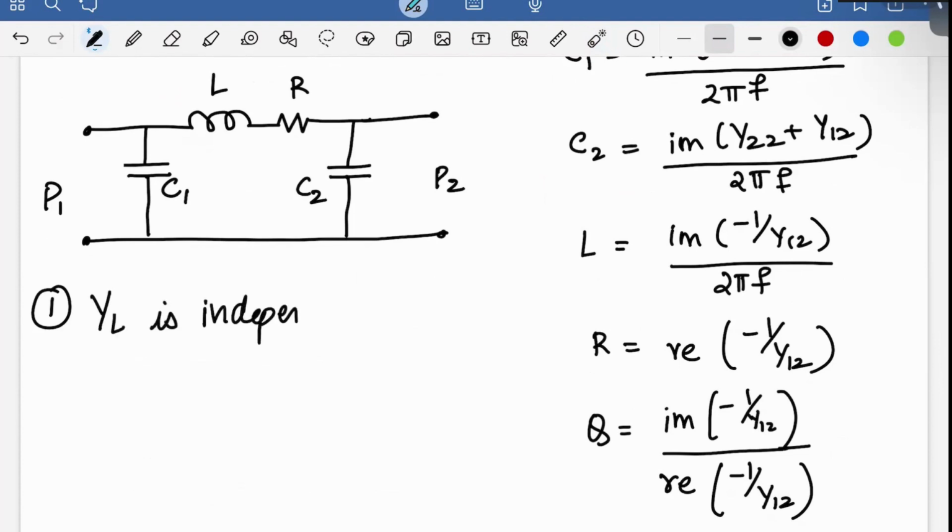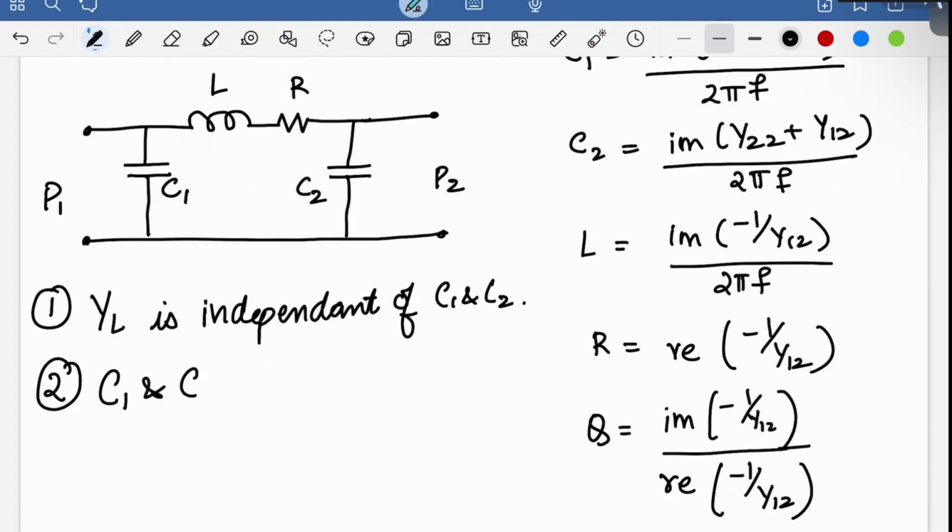is independent of C1 and C2. Okay, that's very useful. Second thing to keep in mind is that actually this is not a good model to find the pad capacitances, and we'll see why. C1 and C2 are not